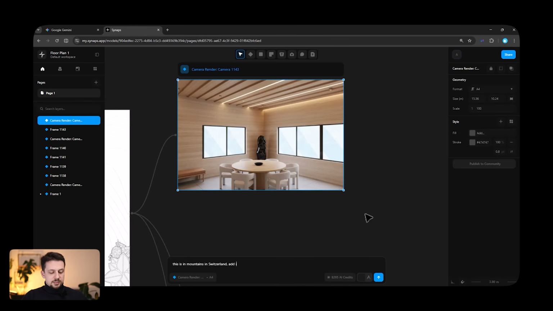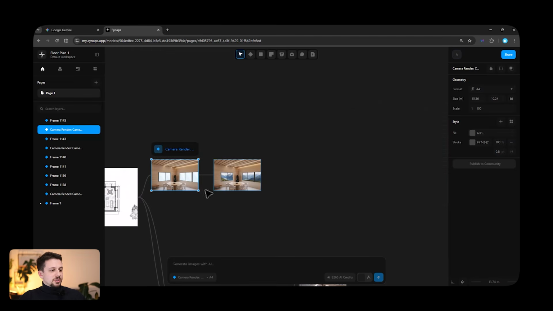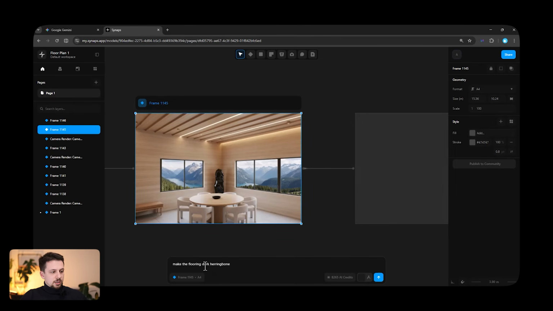Add it in the view outside of the windows, and we click send. So as you can see, now we can go ahead and edit images as well. This is so cool, and I'm going to show you exactly how we can even test out multiple material options. So I'm going to go ahead and type in, make the flooring, let's say dark herringbone, then let's say